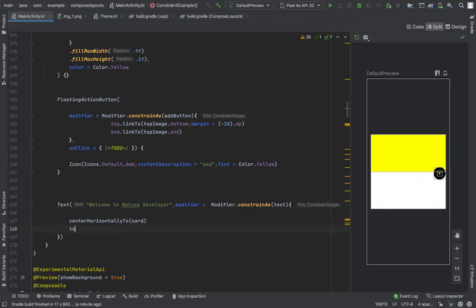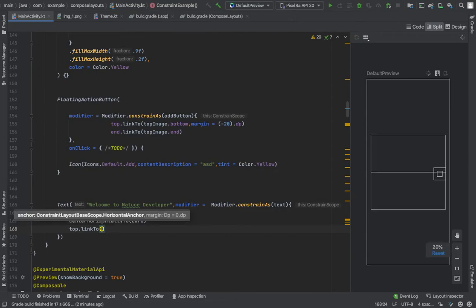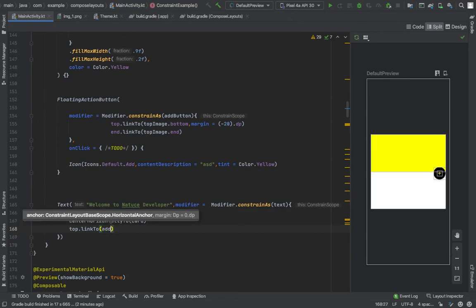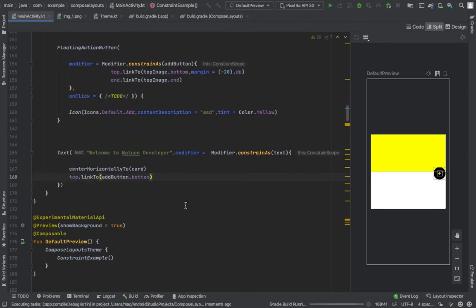So we have to assign a top constraint, top dot link to add button dot bottom. Okay, we are done with this, guys. So let's preview our review.